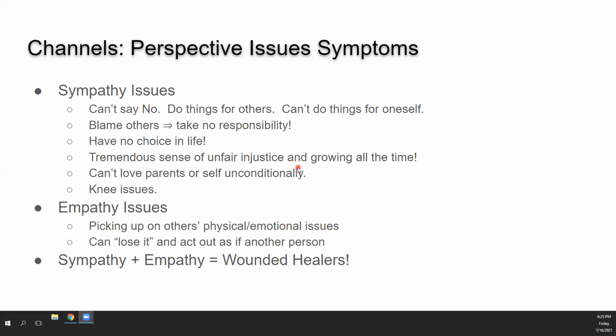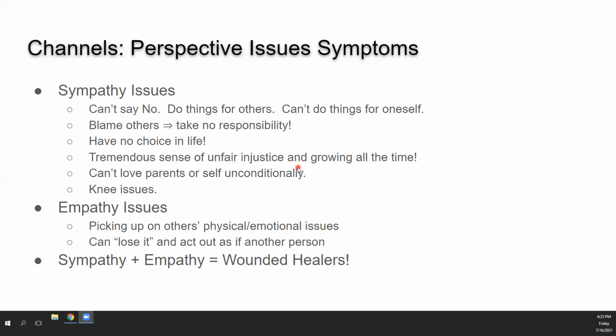So the next slide talks about some of the symptoms of when we use sympathy. When you use sympathy a lot, basically a person can't say no. This person always does things for others and can't really do anything for oneself. People who sympathize tend to blame other people for the things that they miss, and in doing so, they don't have to take responsibility. So if I say,